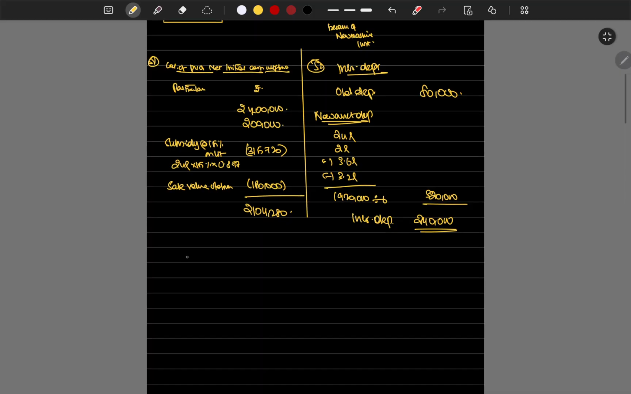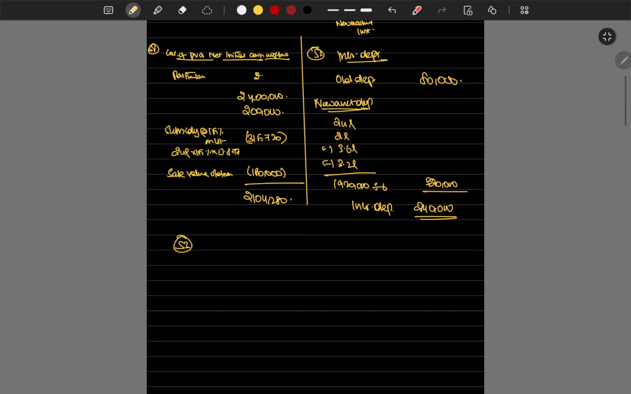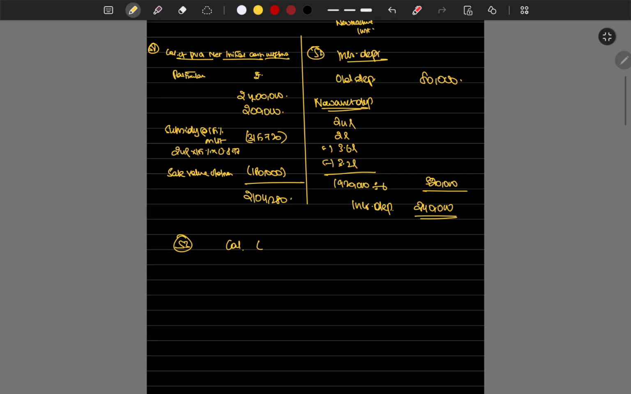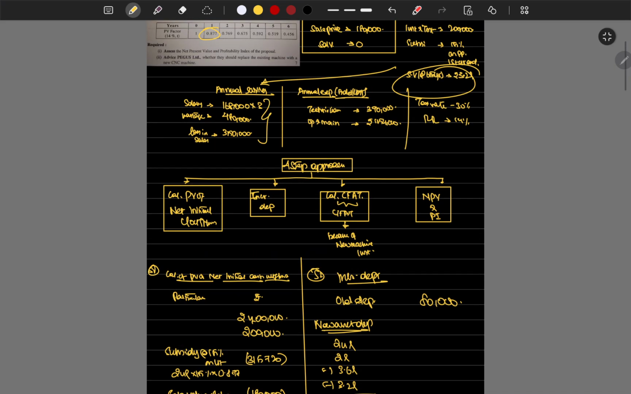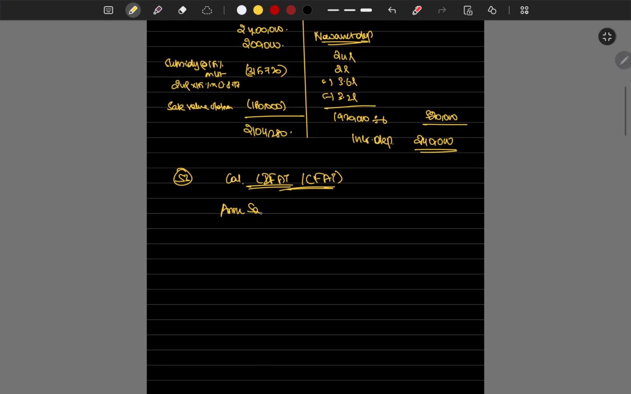Now we have calculated both the things. Then step 3, we have to calculate the cash inflow after tax. Typically cash inflow after tax, but generally say cash flow after tax. First, initially how much profit we are getting by way of buying this machinery. So what's the annual savings we have? Annual savings is 1,68,000 into 3 plus 4,80,000 plus 3,50,000, which is 13,34,000